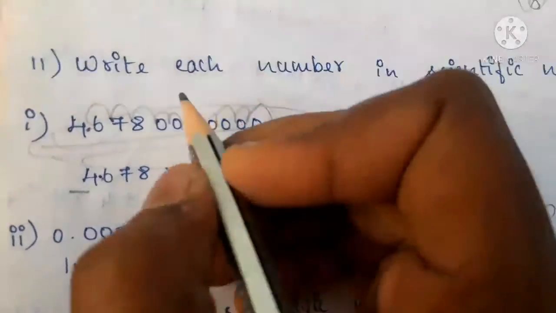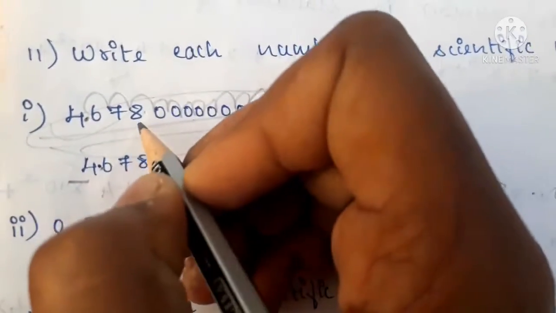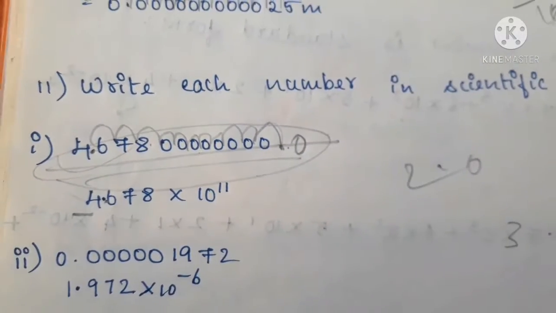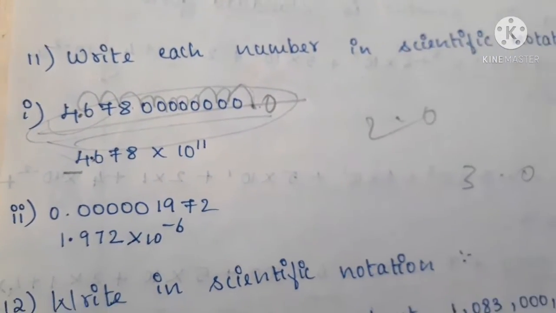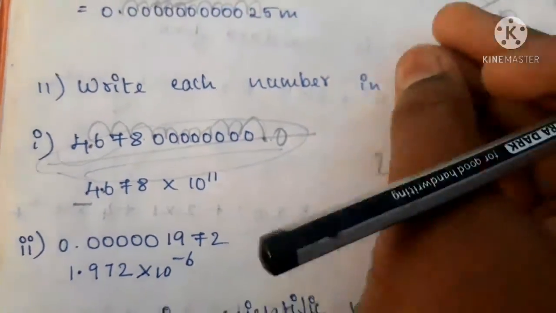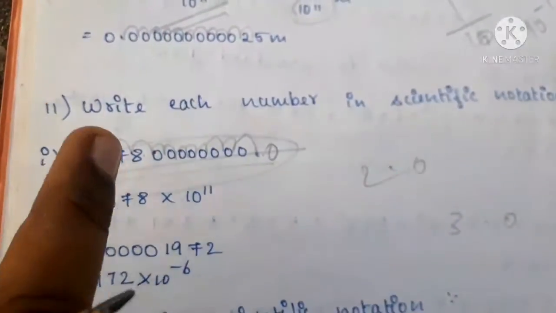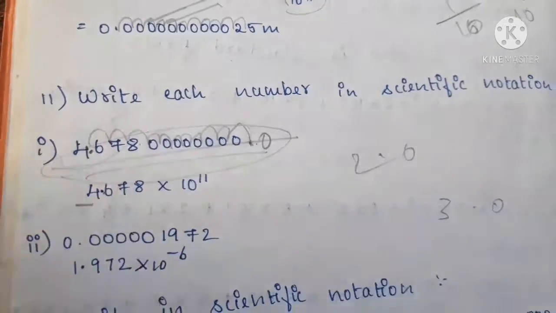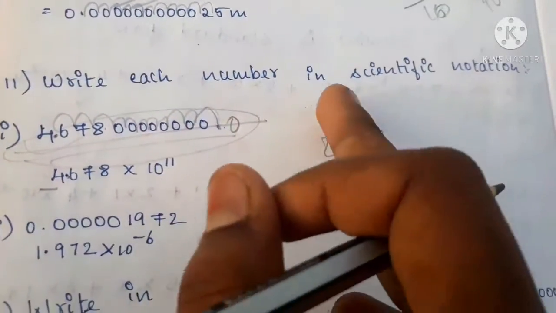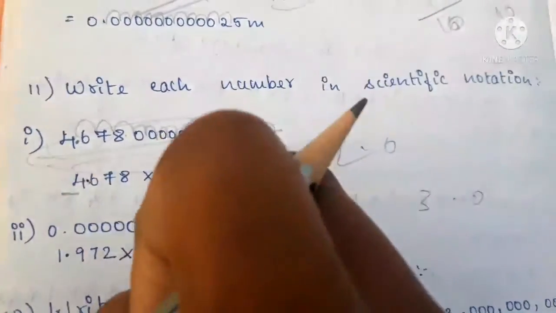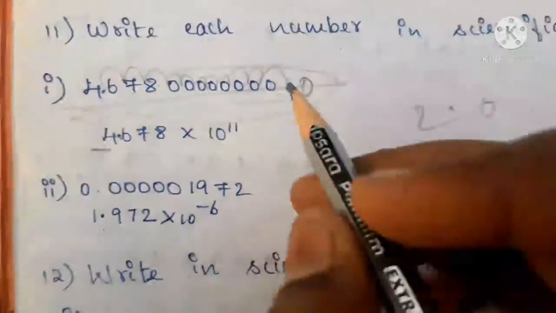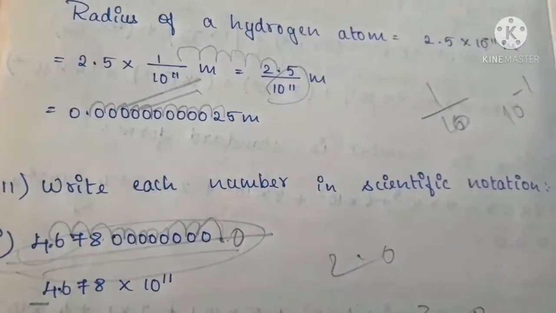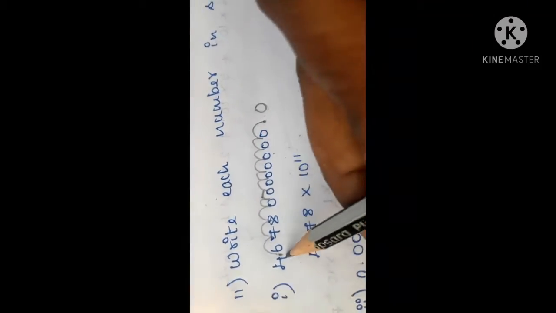But you should not put the point here, because you can say 8 is also a natural number. So why can't I put the point there? But it is totally wrong. You should bring the point to the first natural number present in the number. First, from left to right, which is the first natural number you should see. There you should bring the point and keep it after that. Okay, so when you bring it, now we have got the point here.